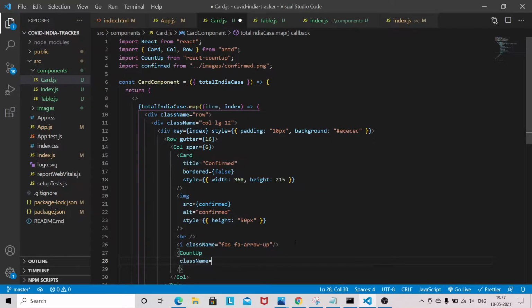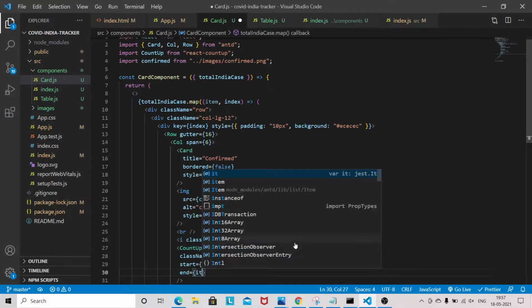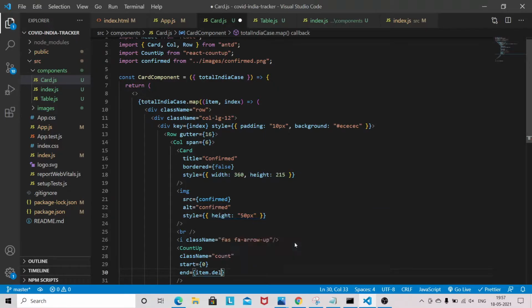So the class name will be count. Start will be 0, and end will be item dot delta confirm. So this is the daily cases.